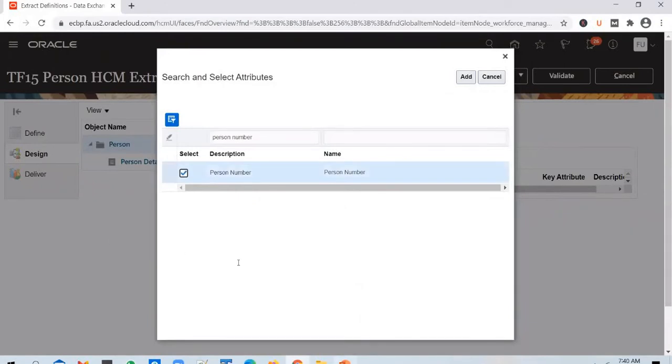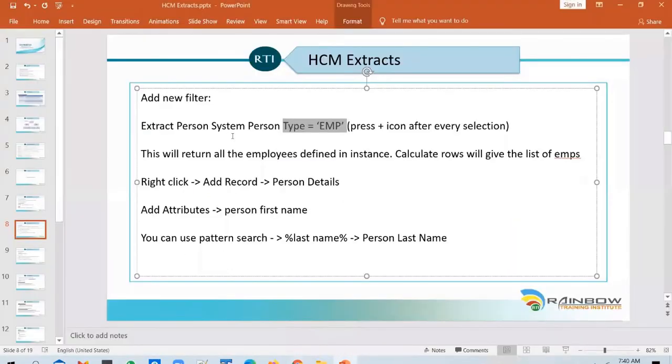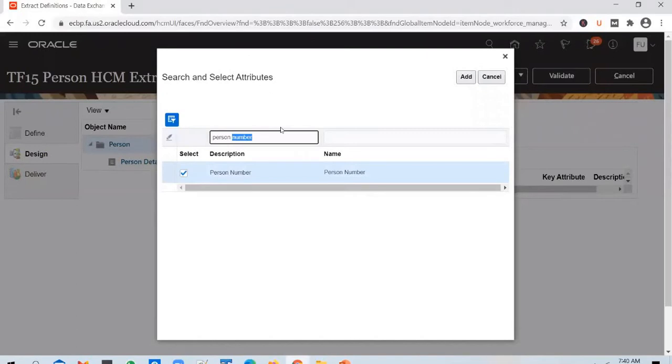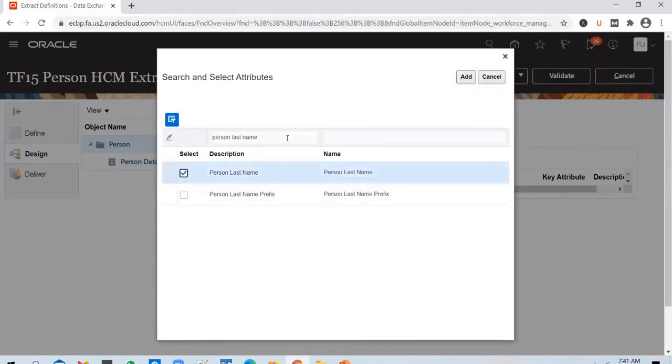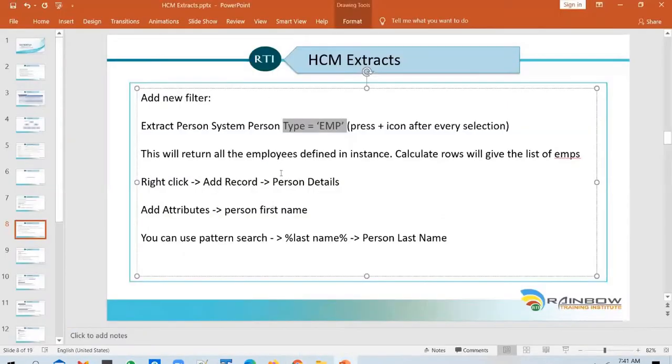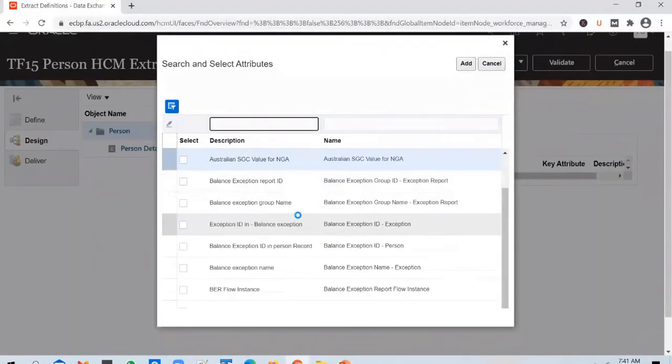So you say person number, and you can include probably the person first name and the last name. Okay, you can include few more columns that might interest you.